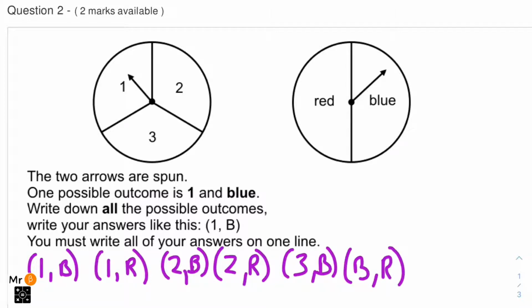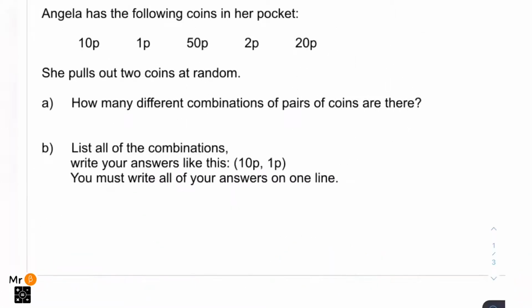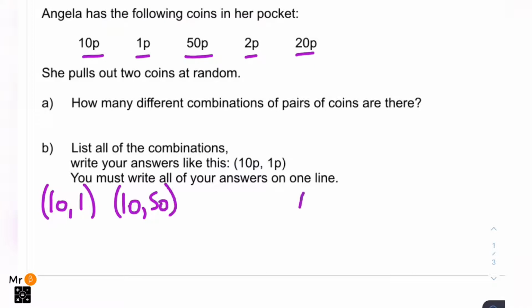So question 3 tells you that she's going to pull out 2 coins at random and she has the following coins in her pocket. So before we answer part A, we're actually going to list all the combinations. So if she pulled out a 10p coin, she could then pick out a 1p, a 50p, a 2p,